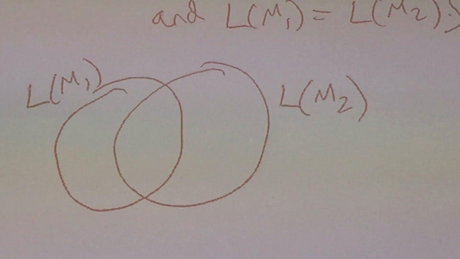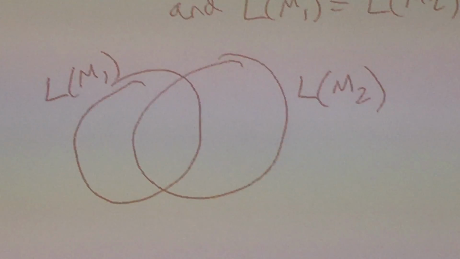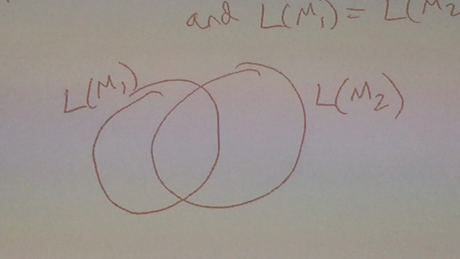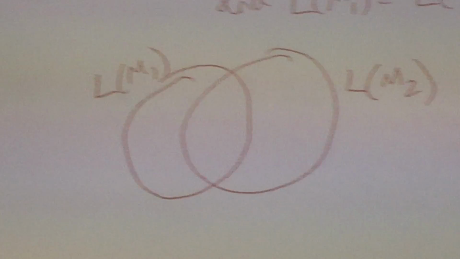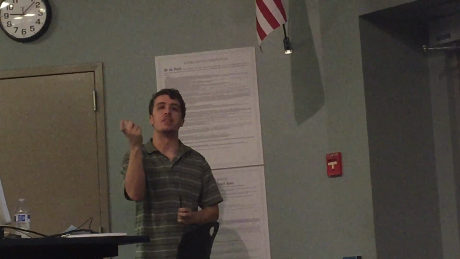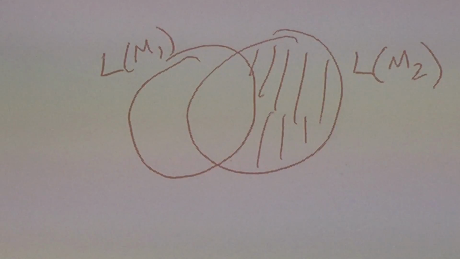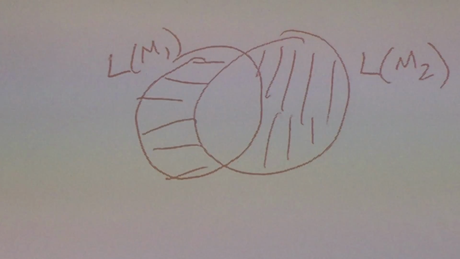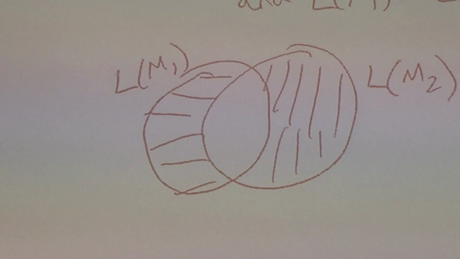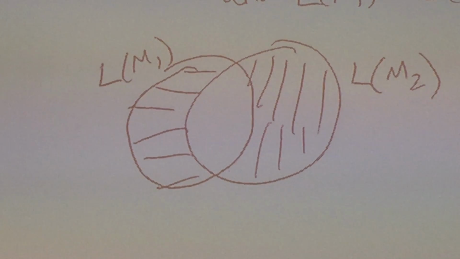So that's an idea. Is the intersection the empty set? Why intersection the empty set? I'm checking whether they're the same. The thing I want to happen is that their intersection is exactly the same thing as either one of them. So what do I want about this region out here? Well, these are the strings that are in M2's language, but not in M1's language. What do I want that to be? Empty. What about this region out here? Do I want that region to be empty too? Yeah, so I want both of these regions to be empty.